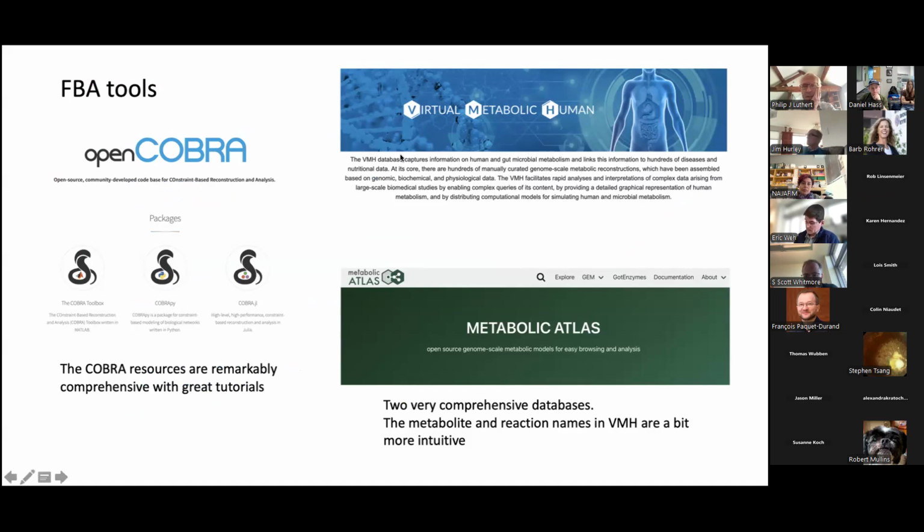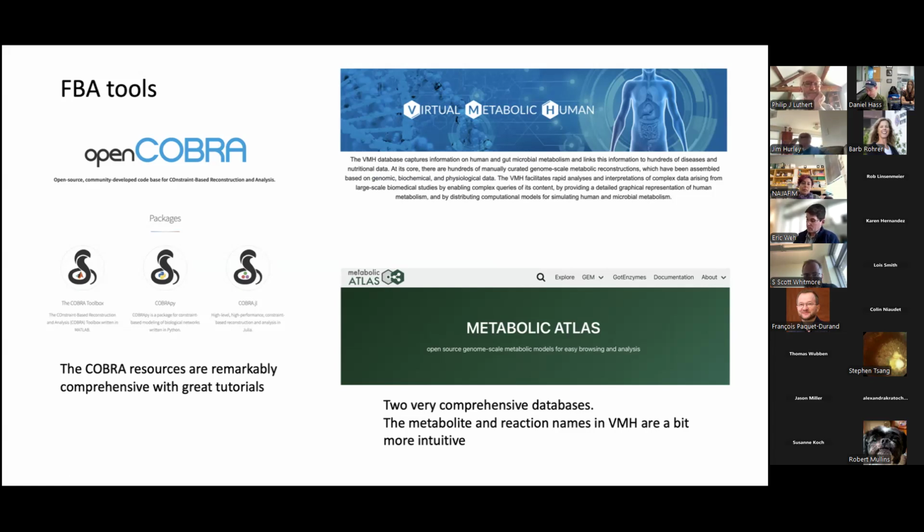And I'm guessing most people here will have come across these websites, but they're websites of databases of chemical reactions in a whole variety of species that are essentially genome wide. And so, although they are inevitably not completely complete, they're a fantastic resource in terms of building stoichiometric matrices and so on.